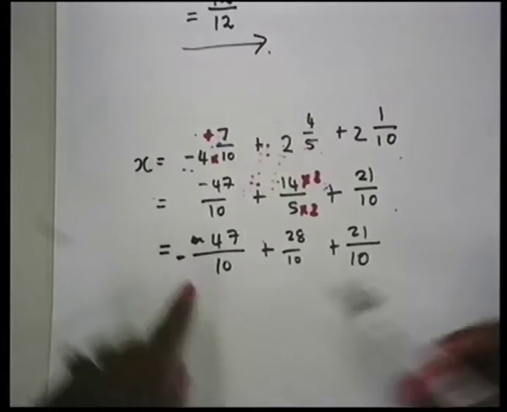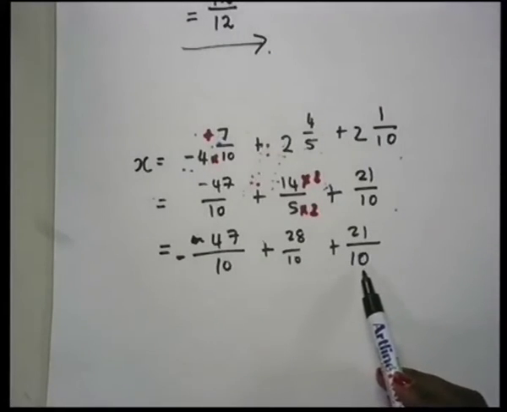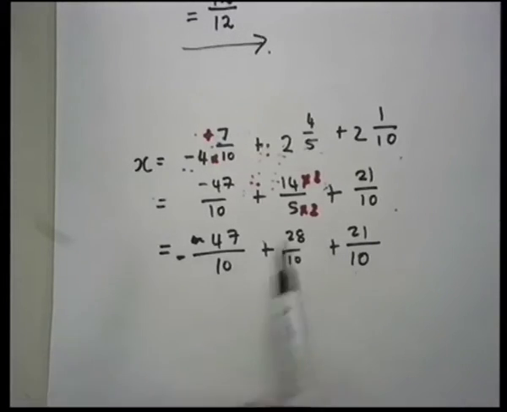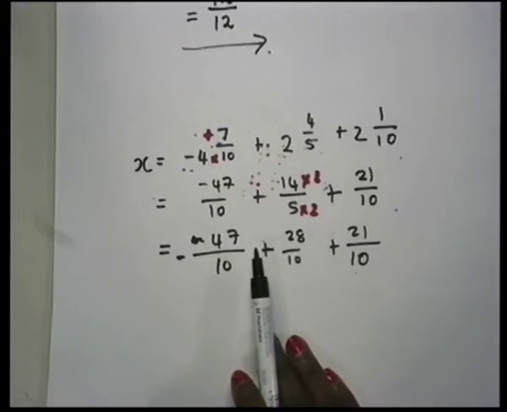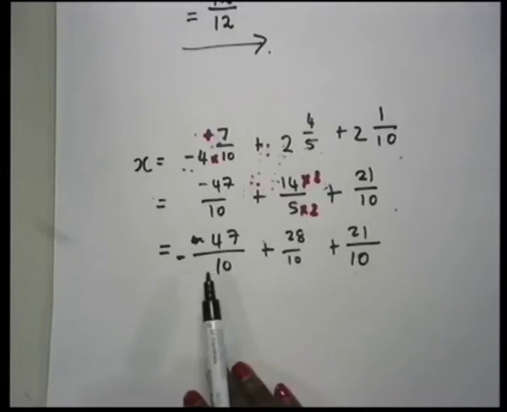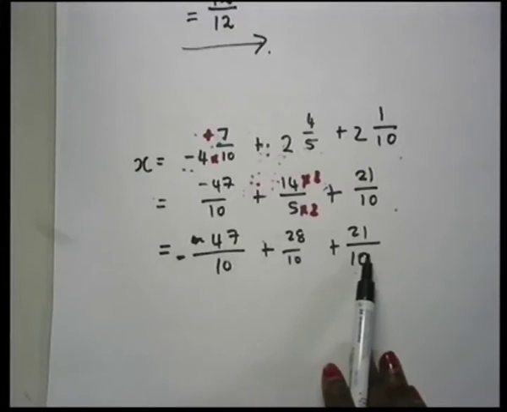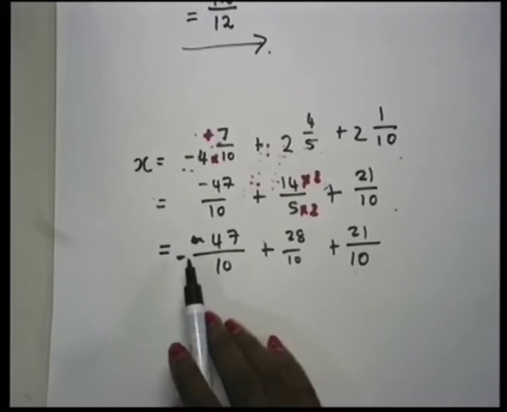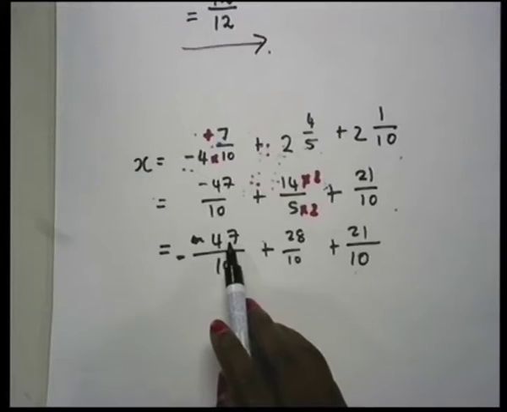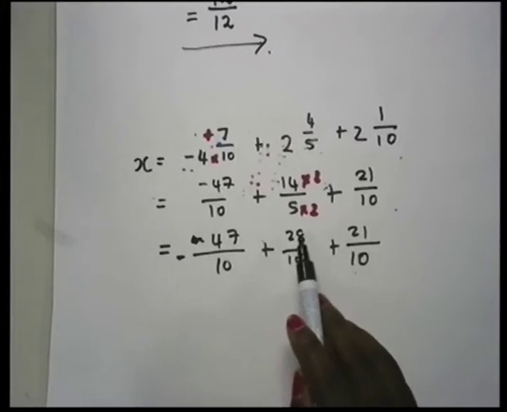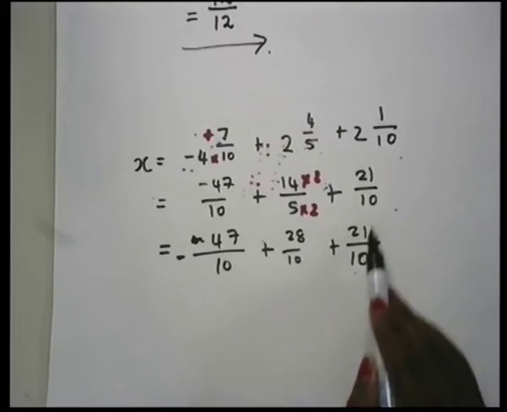In this case, all our denominators are now equal to 10. Now the next thing that we need to do, since we all have the same denominator, is add up this equation. So if we take negative 47 over 10 plus 28 over 10 plus 21 over 10,